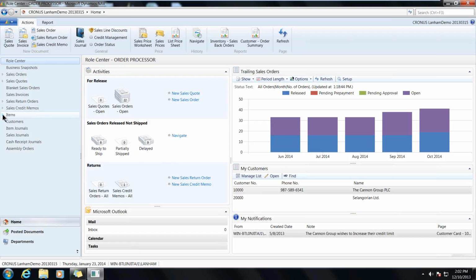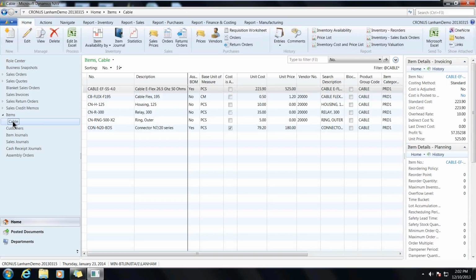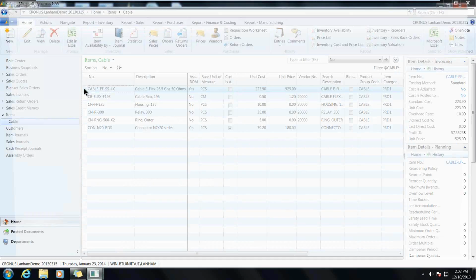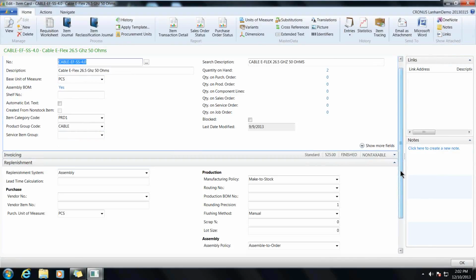I'll go over to my items in the navigation pane, and I have a filtered view for these particular items, about a half a dozen or so. And let's take a look at the top item, the assembled item itself. I'll minimize this tab and open up the replenishment tab and look at a couple of features that are associated